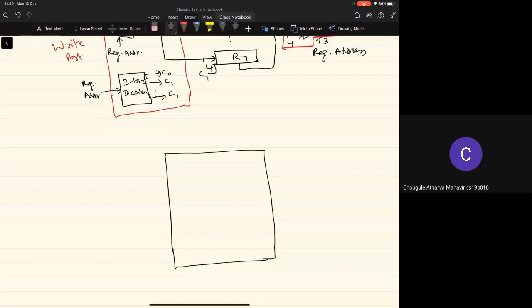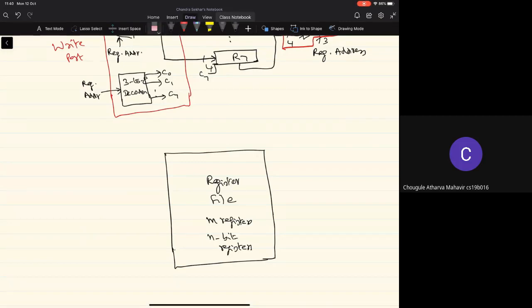Typically there can be a register file where there are M registers, and each of these registers is an n-bit register.